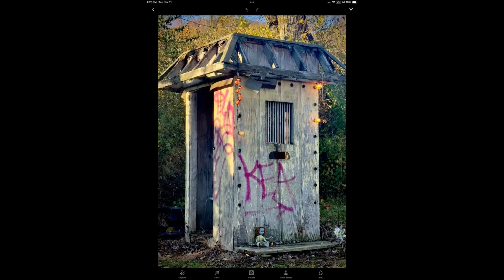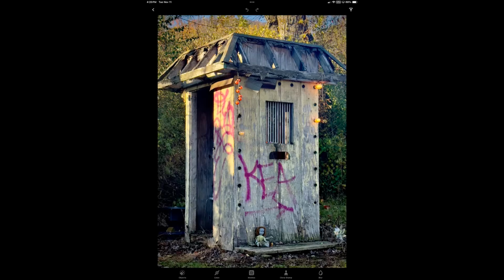This was Lake Shawnee Haunted Amusement Park. This is one of the old ticket booths, and yes, that doll was there. It was there when I was in the spring, too. So we're going to kind of emphasize that in this image. But what I wanted to do in Retouch is great for removing power lines, as well as some objects, smaller things. It doesn't do a great job if you want to remove really big things in an image, but